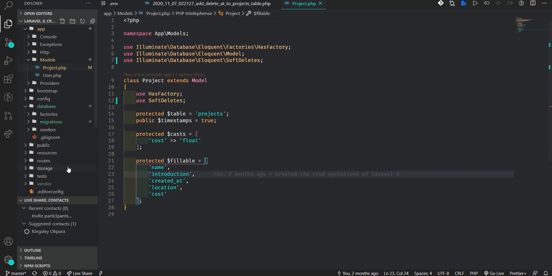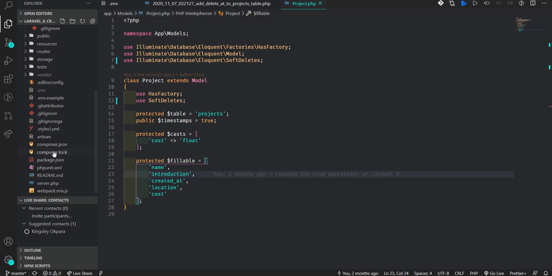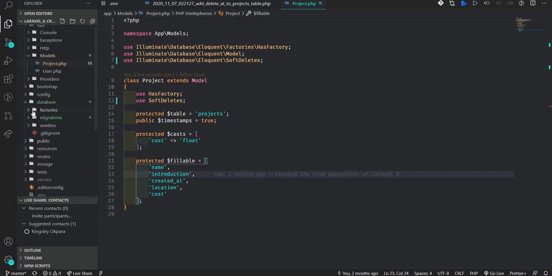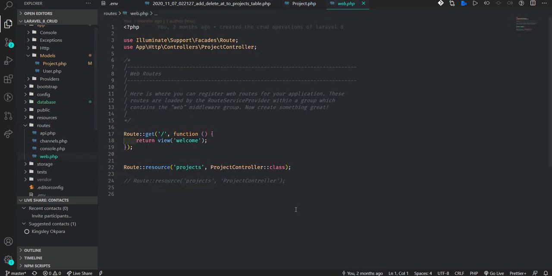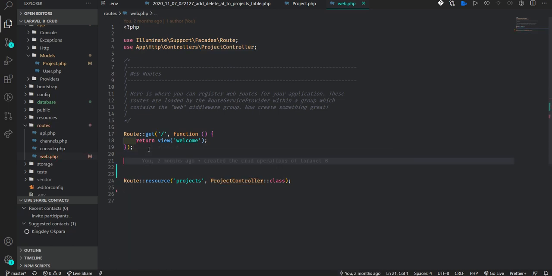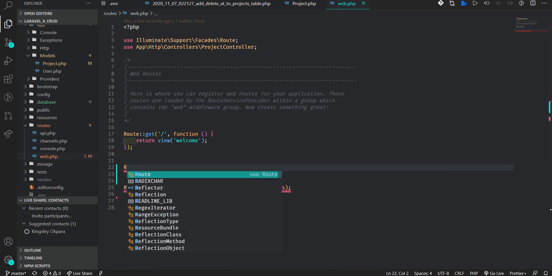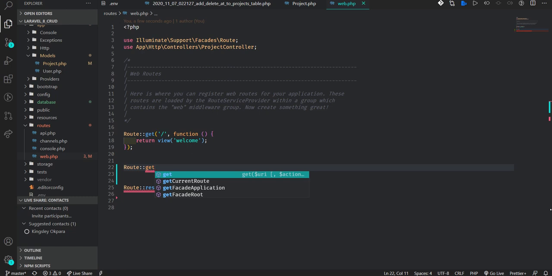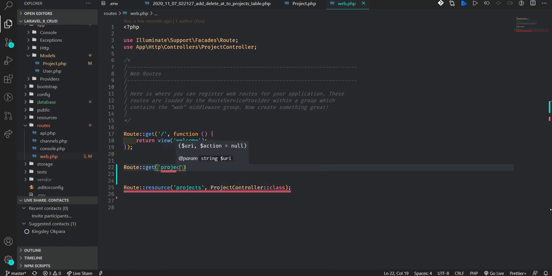After that, we are going to add a route to retrieve the deleted data, because after I've deleted that, I should have a place whereby I can query and see all the deleted data, so I can be able to find it. So we are going to add a get route. I call it route get. I give it a name, project. It's under project slash, I call it deleted projects.